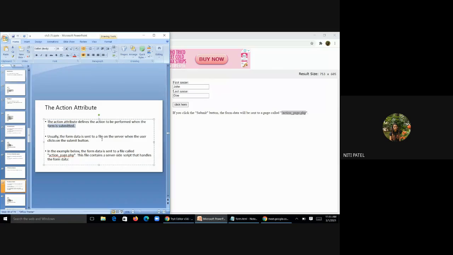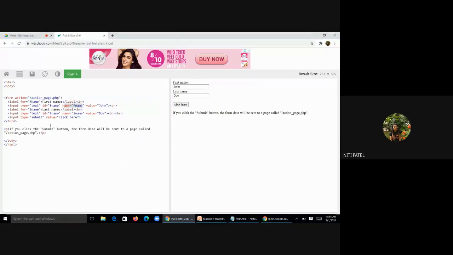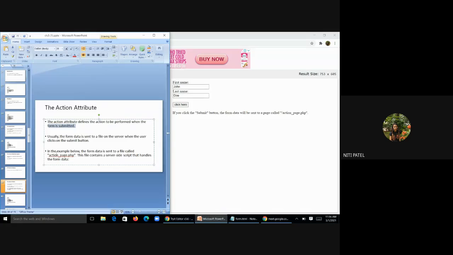Usually the form data is sent to a file on the server when the user clicks on the submit button. So what is happening in our code? When I click on submit, where is the data getting stored? It is getting stored and displayed from this action page.php. Where is that PHP page? It is on the server. In the example above, the form data is sent to the file called actionpage.php, and this file contains a server-side script that handles all the form data.